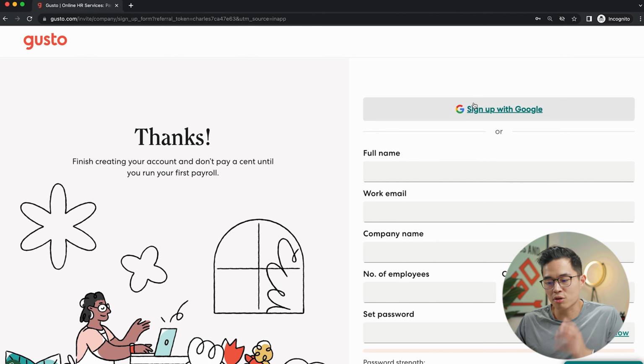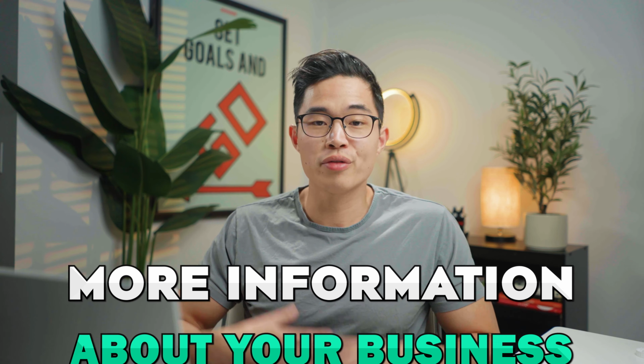From there on, you're going to be able to create your account. After you create your account, it's going to actually have you go through the process of setting up your payroll. They'll ask for all the information we previously talked about, like information about your team members, more information about your business. This will take a little bit more time, but it's still very fast compared to some of the other